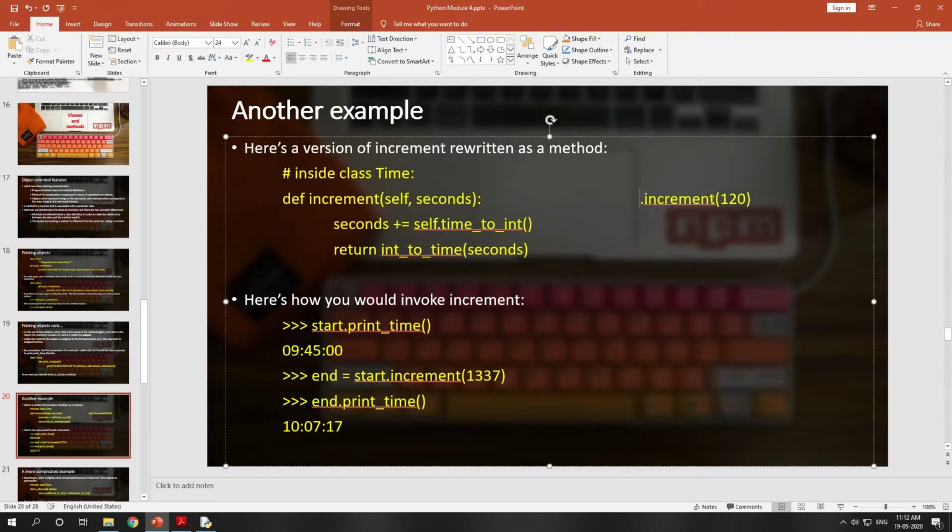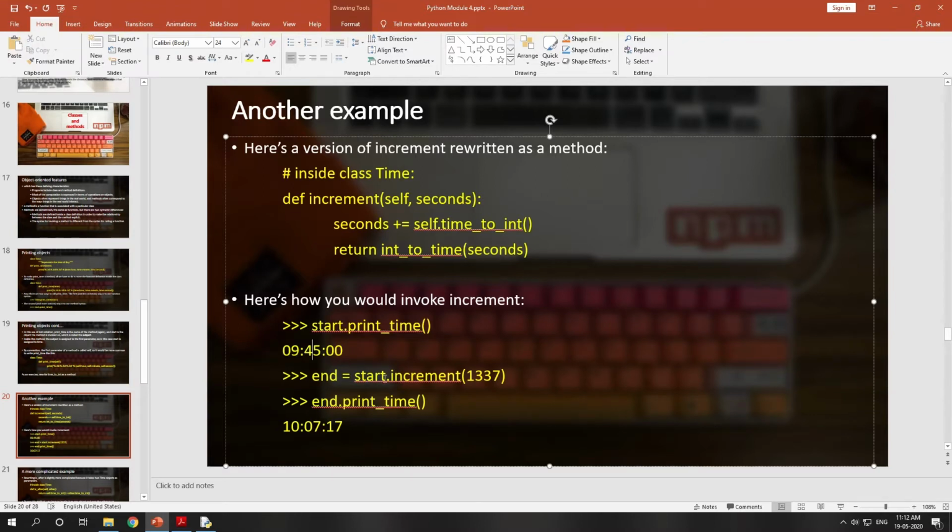Now let me delete it first. Okay, now here is how you invoke it. See, start dot print time, it will print that time. Now end is equal to start dot increment 1337. You had this print time, right? You had this start value, then you are incrementing this time by 1337 seconds. So what is this start? Start is this one, right?